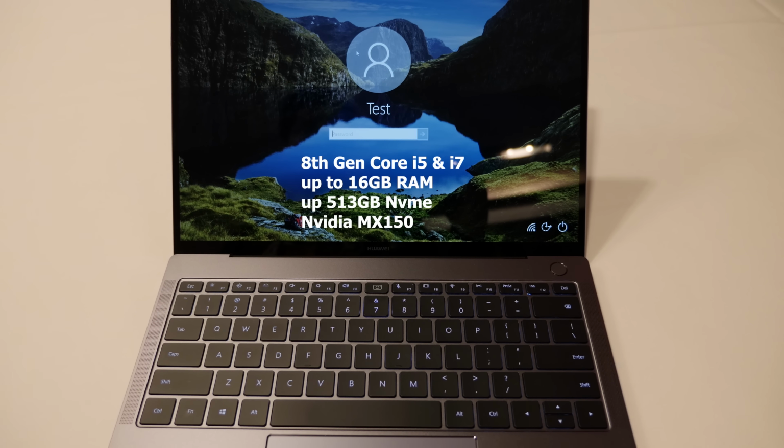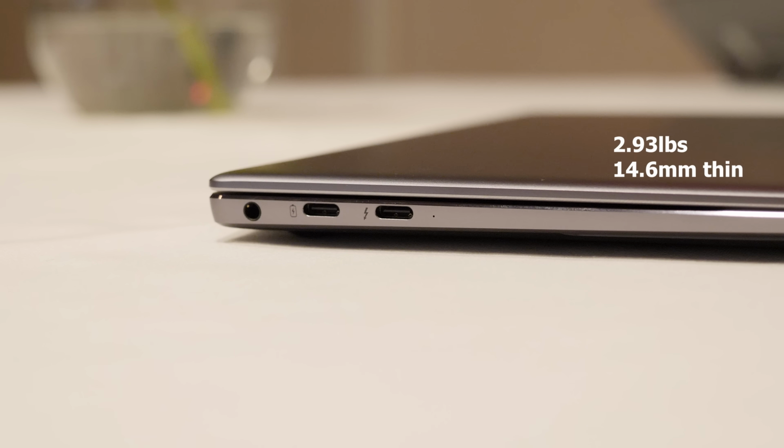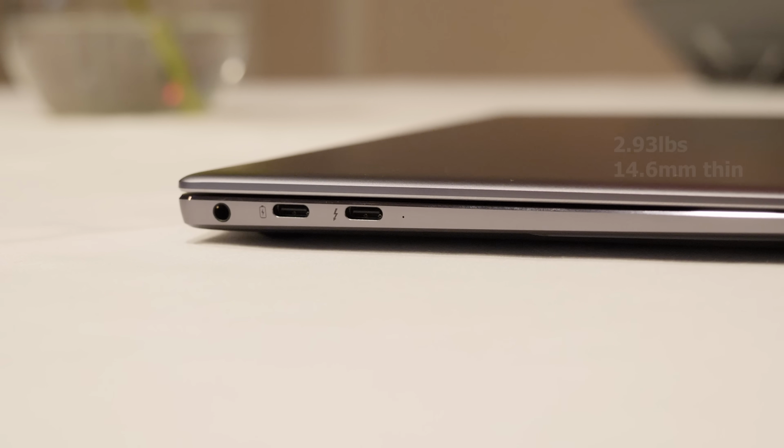It is a really nice looking device, nice and trim, 2.93 pounds, about 14.3 millimeters in thickness. This thing is really portable, and with that you get about 12 hours of battery life on there. So it's got a nice big battery to last you for pretty much your whole work day, which is absolutely